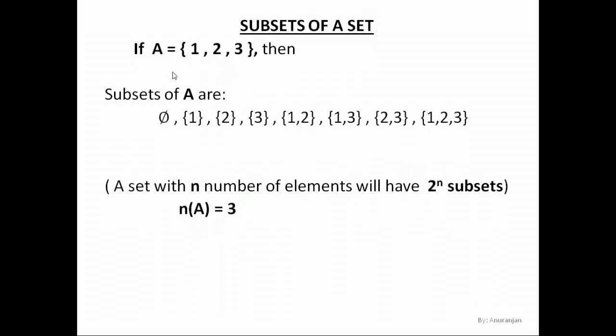So let's find out the number of subsets of set A using this formula 2 to the power n subsets. So number of subsets of A will be equal to 2 to the power 3 because it was 2 to the power n subsets. So 2 to the power 3 means 2 into 2 into